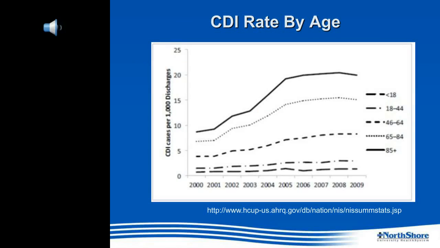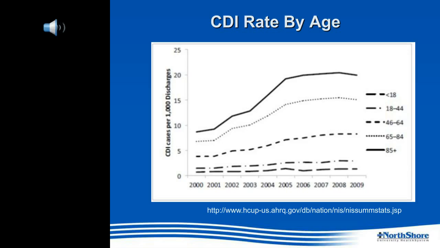Clostridium difficile infection is a disease by and large of the elderly, and this graph depicts that very nicely from data from 2000 to 2009, where the highest disease is in the older patient. And what's extremely concerning is that the mortality rate has apparently risen considerably in the first decade of the 21st century, going from rates of around 3% that were really the norm for many, many years, around 1999 and 2000, up to now 20% or more in some reports.